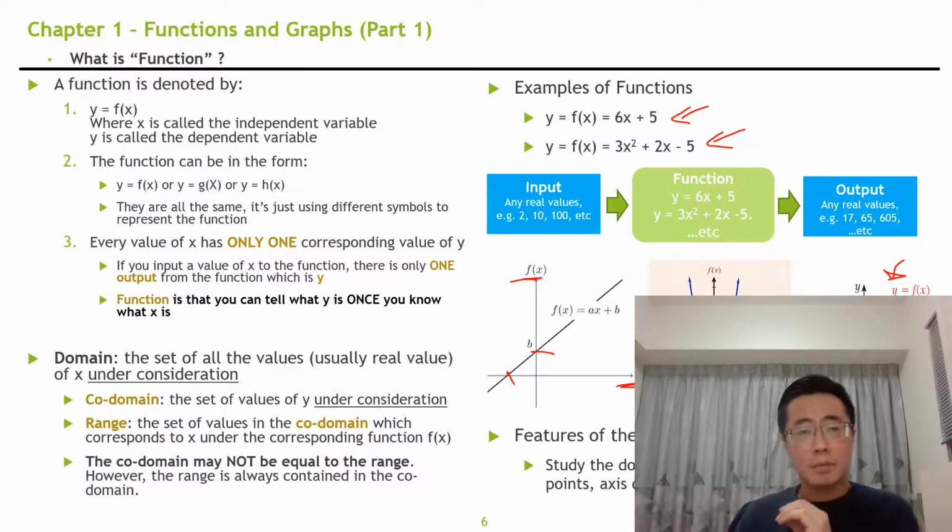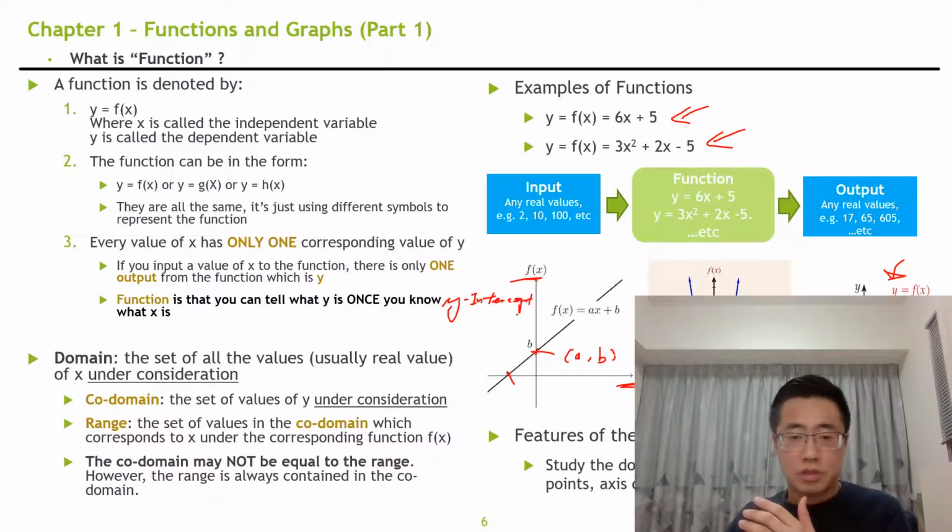And then one important point I want to call out here is that when the question asks you about the x-intercept or y-intercept, it's not talking about the coordinates. The answer should be the real number, because the coordinate point here is very easily (0, b). But in fact, if the question is asking about the y-intercept of the function here, the answer should be just b, but not this point on the coordinate. Just bear in mind this difference.